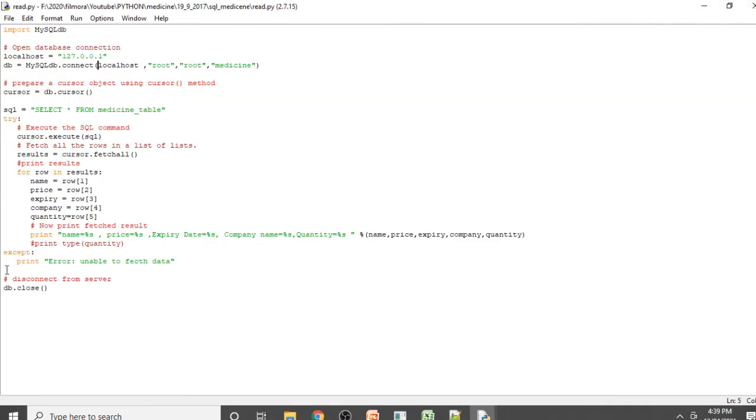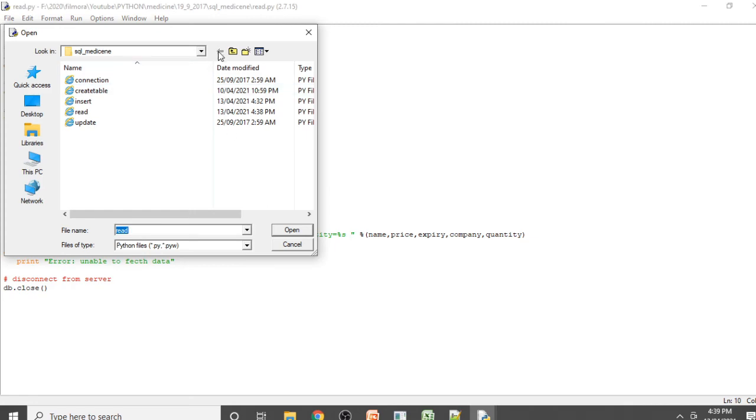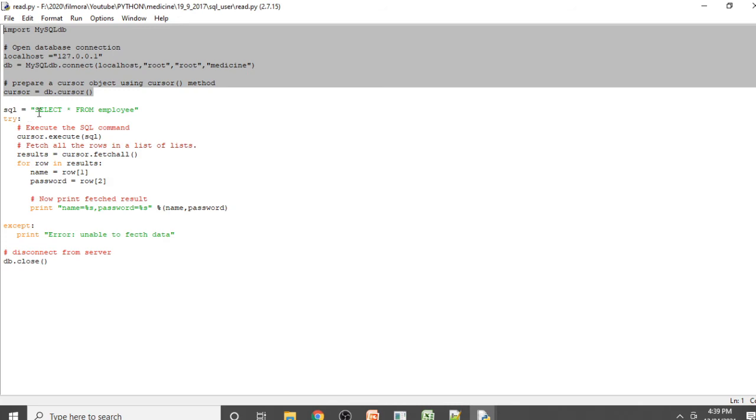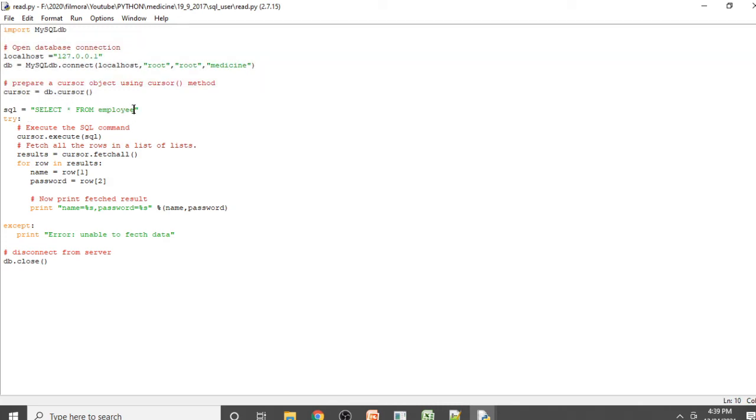In this way you can iterate the employee table also. I will open that code. In the employee table all the things are the same; the only change is select star from the employee. Here we pass the employee table name, then the try method, then the same cursor dot execute, which will execute your command, and then cursor dot fetch all will return all the data present in the employee table. This data gets stored into the result variable, which is nothing but an array containing all your employee data.